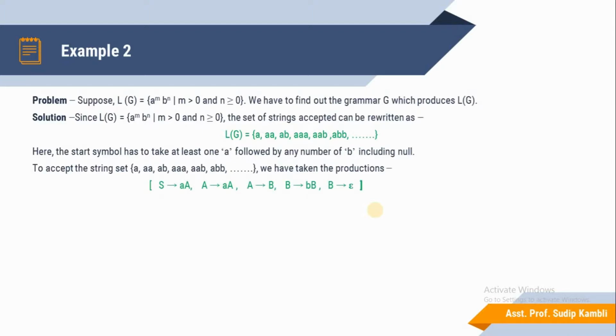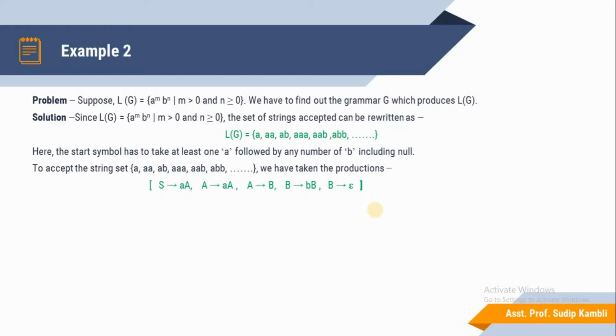The first production rule is S derives AA, with A a non-terminal symbol. The next production rule is A derives a, the terminal symbol, and B derives small b, the terminal symbol, attached with the non-terminal symbol B. And the last one is B derives epsilon, because B is sometimes present. Under the condition m is 1, b raised to 0 will be present.